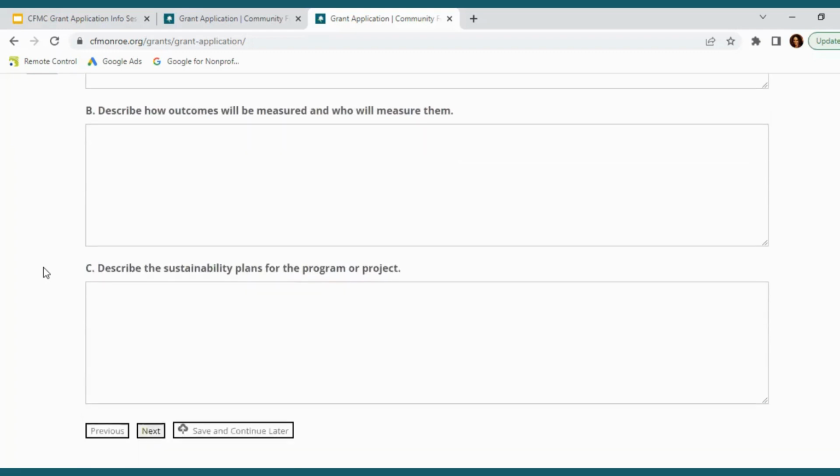And then finally, the sustainability plans for the program or project. Here's where we want to know, if you were to start this program or project and we were to grant you for year 1, and let's say it's something that continues beyond just 50 coats in 1 year, what are your plans for sustainability if we were not able to continue that granting? Here's where we want to know, you've thought ahead into how you will continue to support this need